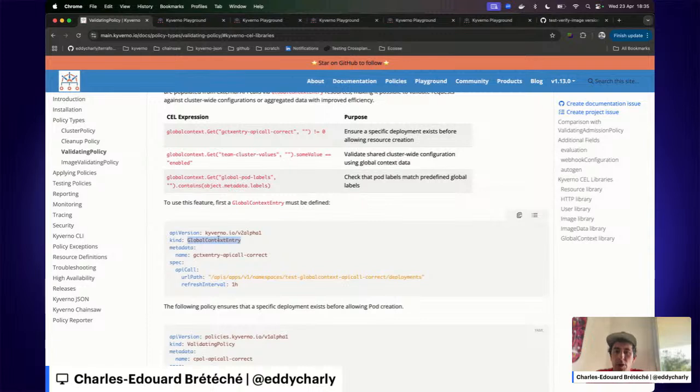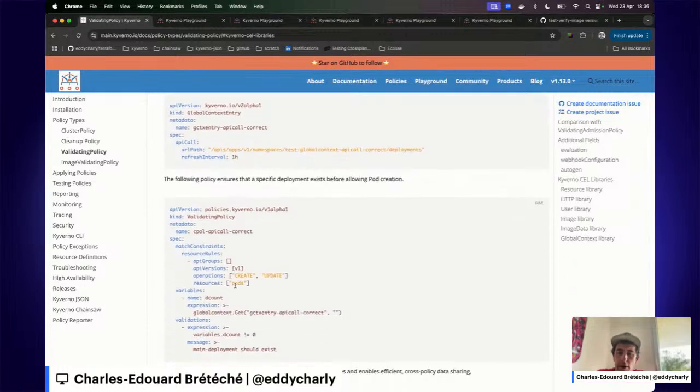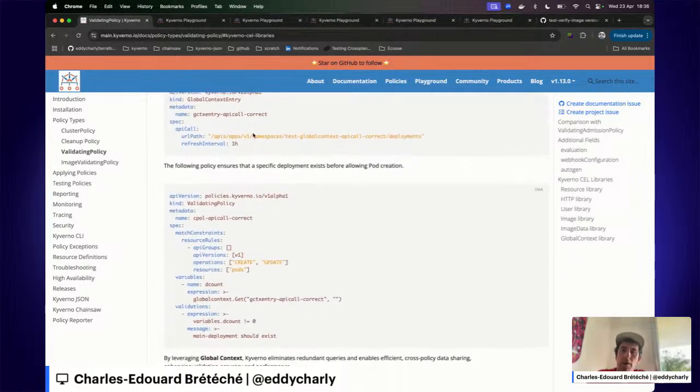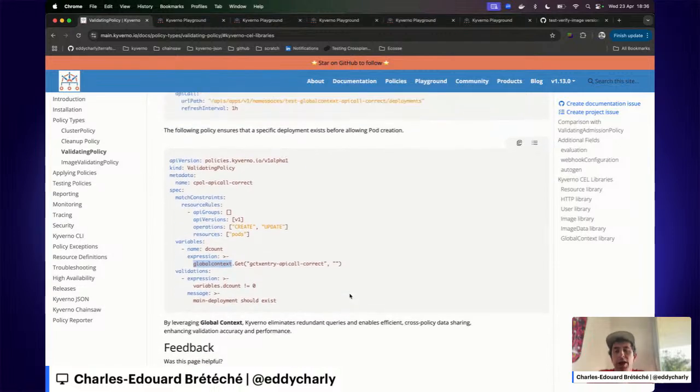So if you create a global context entry, for example, that lists deployments in a specific namespace, you have to provide a refresh interval. Based on that, Kyverno will maintain a cache with different entries based on the name. And then you can access this cache in the policy using the globalContext.get function. And this will give you back the cache entry.